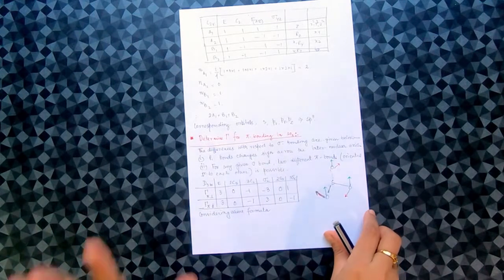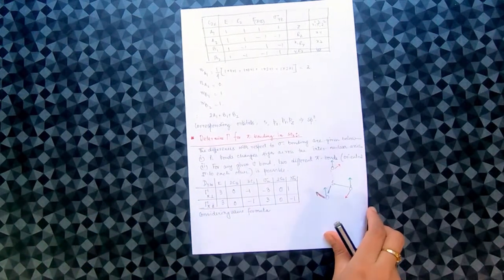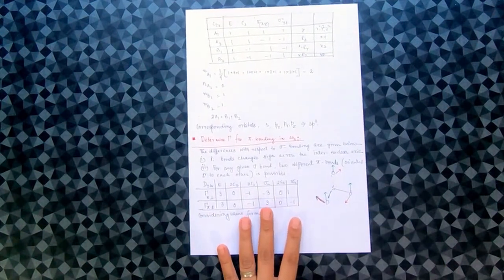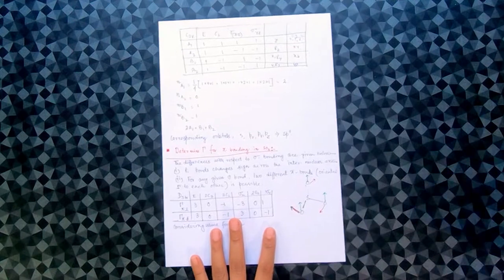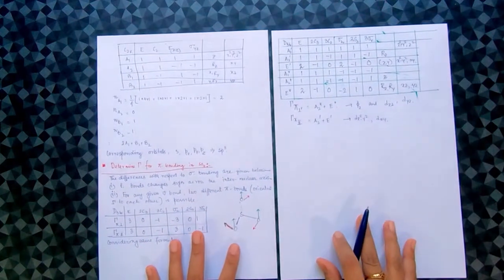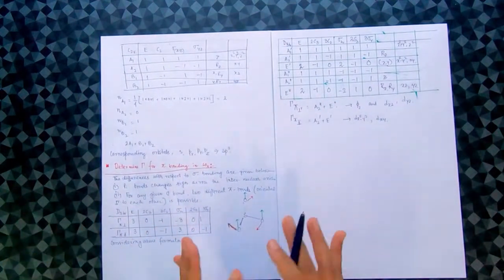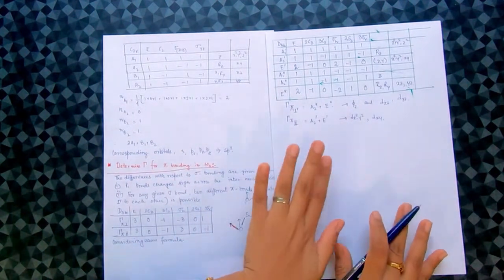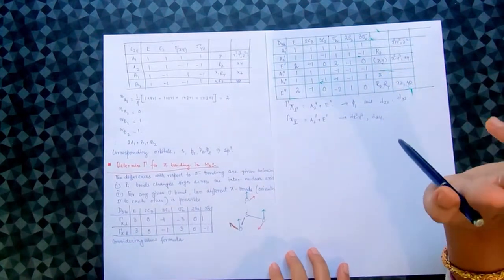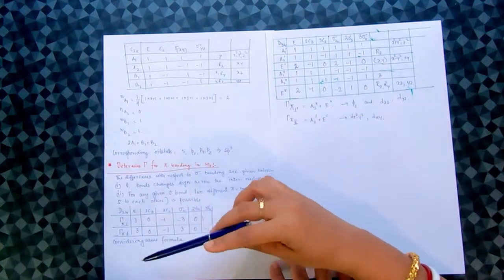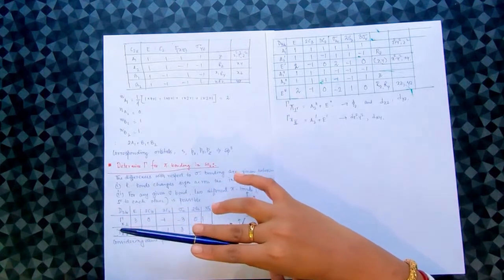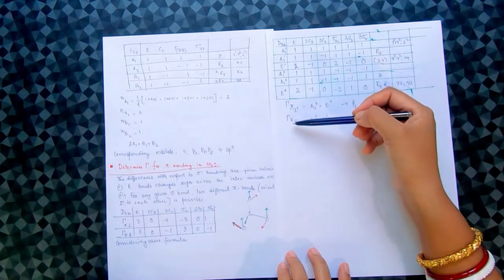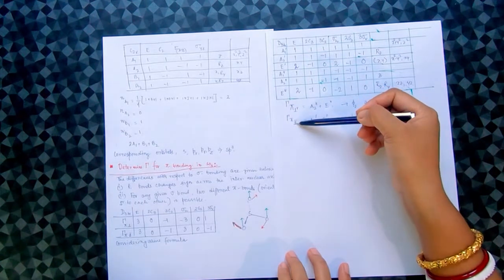Now, the formula we have already discussed, the same formula we are going to apply in this case. I have not done the calculation, but if you use the same formula, you are going to get these values. So two cases are there: the irreducible representation of pi bonding perpendicular to the sigma bond, and the irreducible representation of pi bonds parallel to the sigma bond.